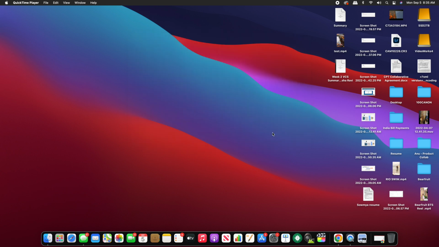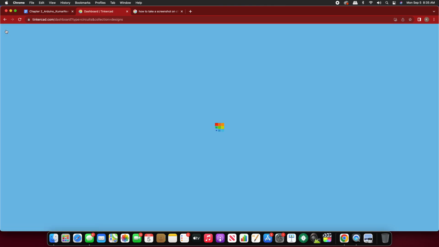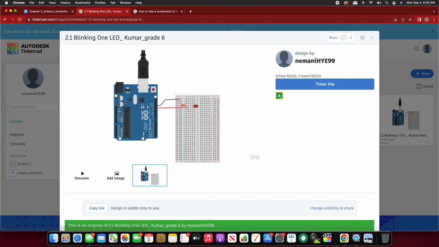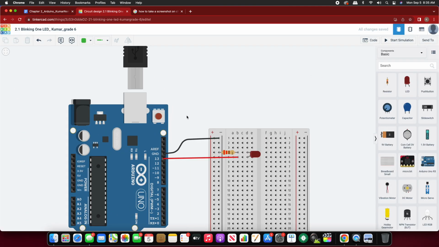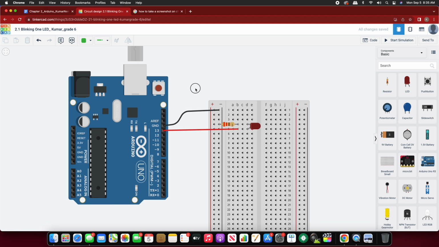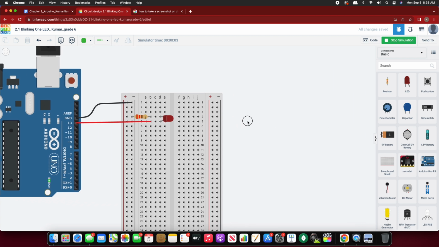Hello students. So in the previous class you have seen how we can create a circuit. Hold on, let me go back and tinker this. You can go back and click on tinker this, so you should be able to see what you have done. So in the previous class you have seen when you start the simulation you are allowing it to blink the light, right? Now